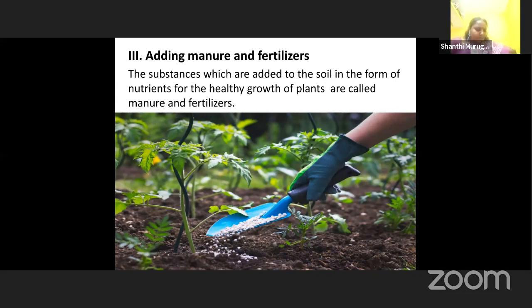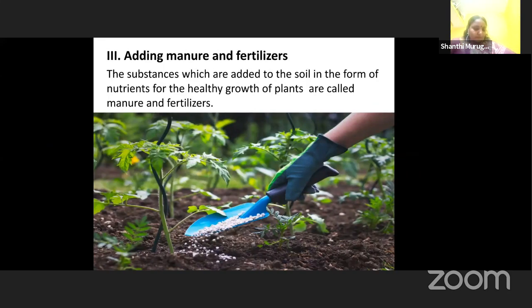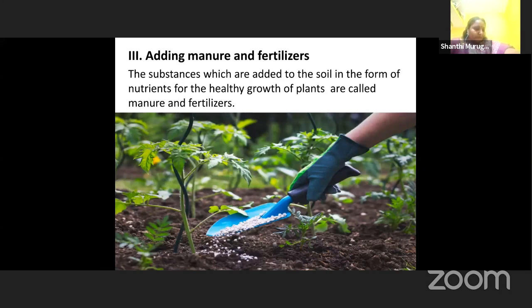And another method is crop rotation. Crop rotation is also a way to make crops grow very well. Crop rotation is nothing but when they first sow the paddy, on the next set they won't grow the paddy again. Instead of that, they will grow